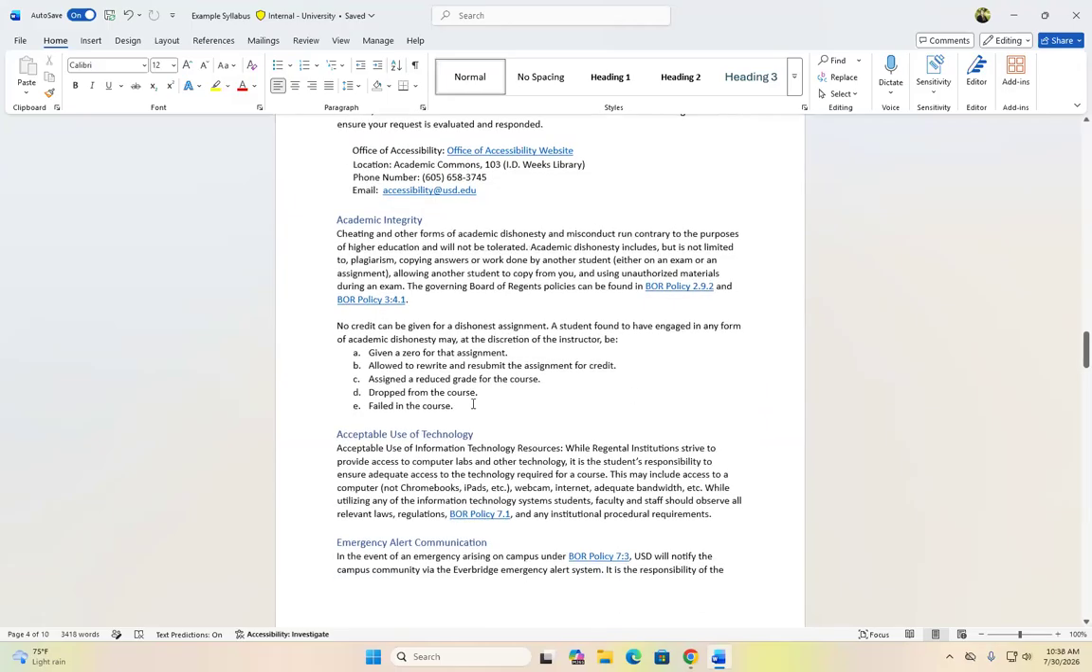Now this policy, the academic integrity. Each professor has their own little way of dealing with people that cheat or plagiarize. Some professors will give you multiple chances. Others will say once you do it, you might be out of the class. So for instance, this one is kind of your basic one. The first time it happens, you're normally given a 0 for that assignment and you're allowed to rewrite and resubmit